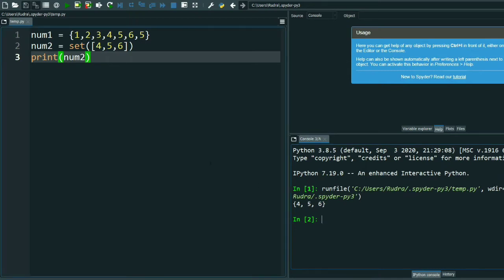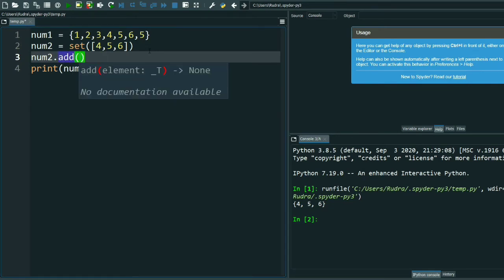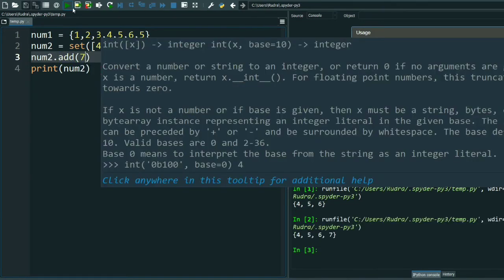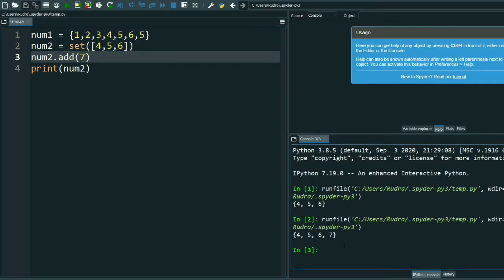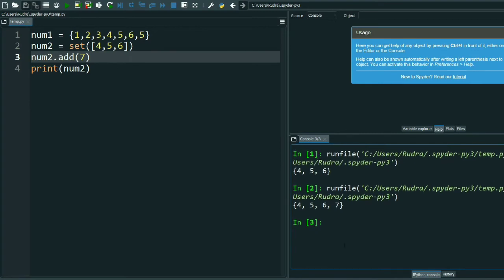Okay, now I will show you how you can add and remove a number. Suppose you want to add, num2 dot add. Simple. You want to add, suppose, 7. See, 7 has been added here.